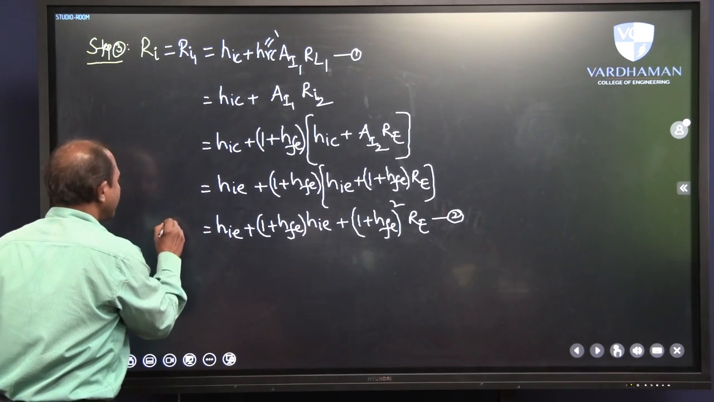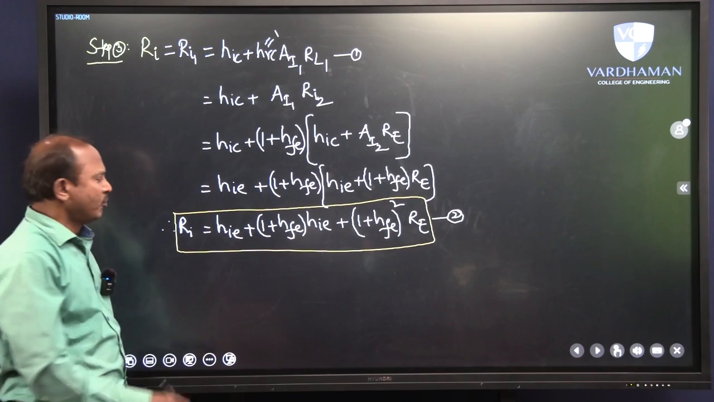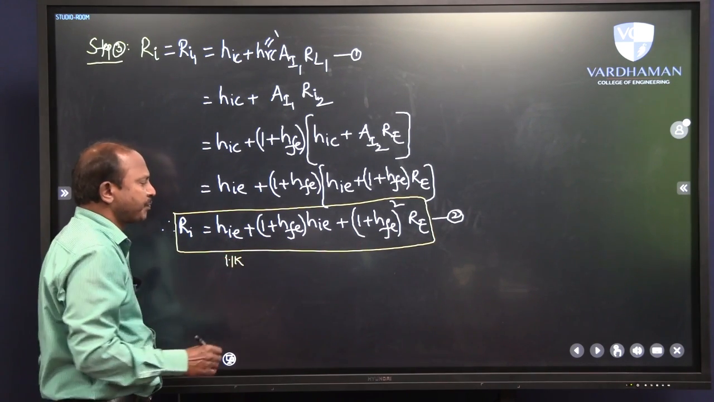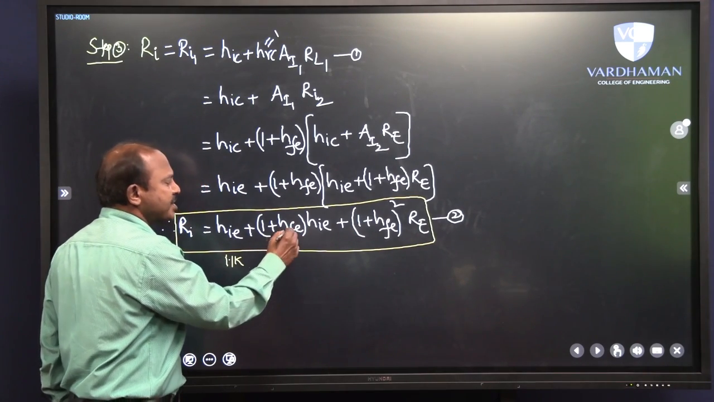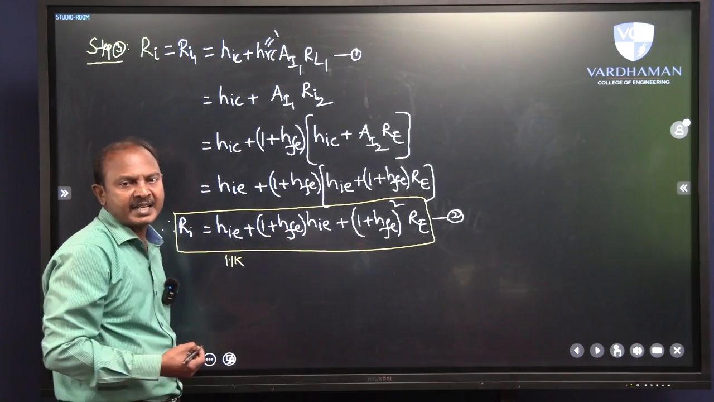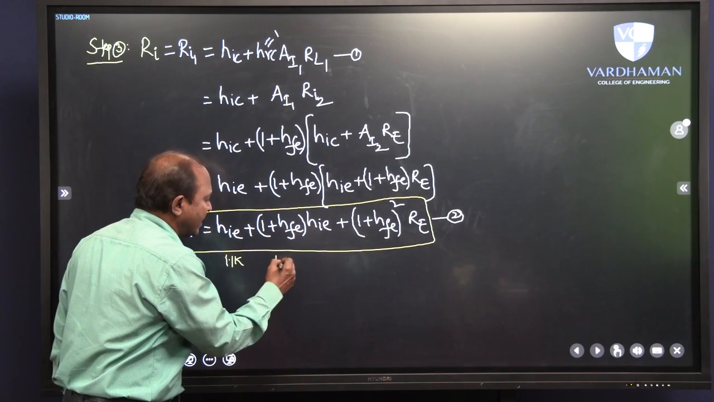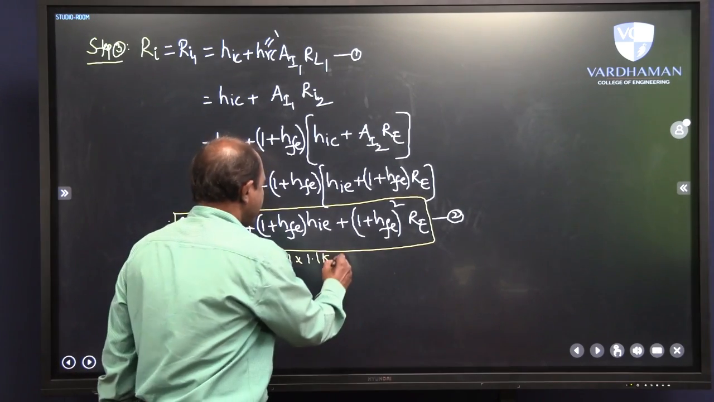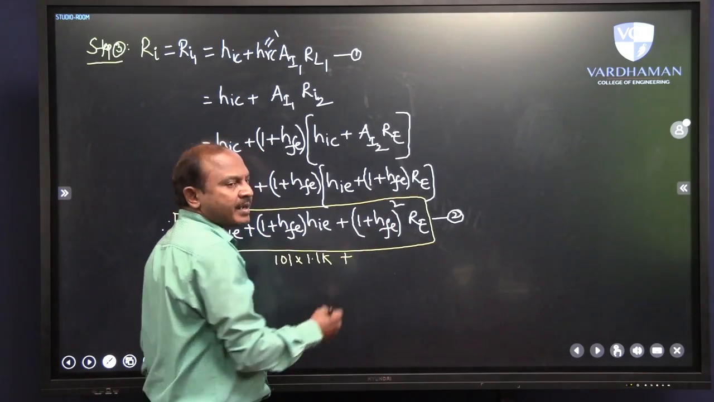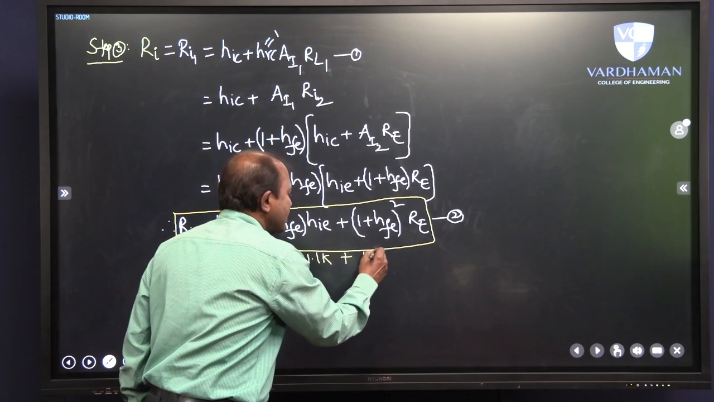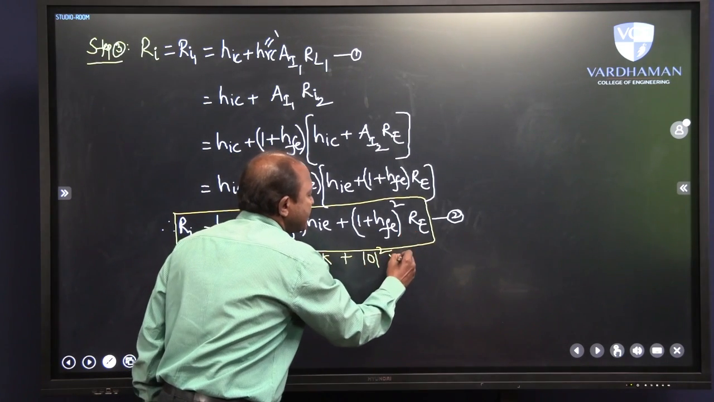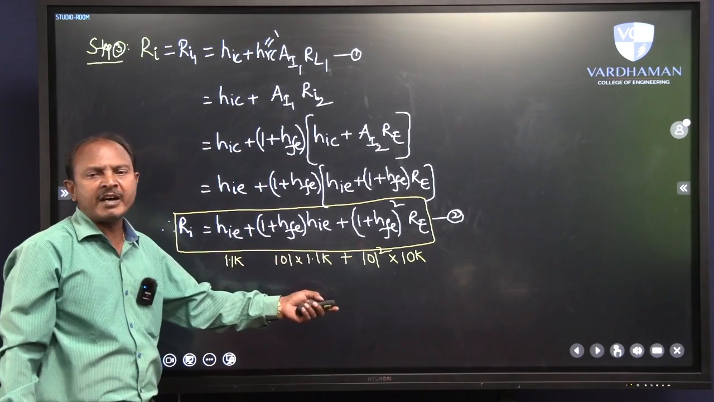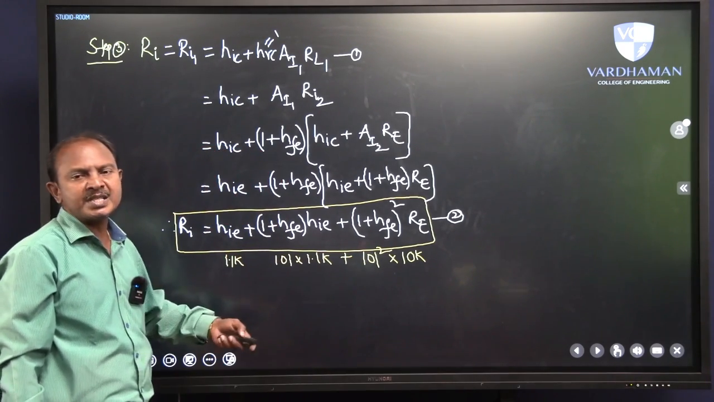If you carefully observe this formula for overall input resistance, we know the typical value of HIE is around 1100 ohms, means 1.1 kilo ohm. 1 plus HFE, for example, if you take HFE value as 100, 1 plus HFE is 101 into 1.1 kilo ohm plus (1 plus HFE) square means 101 square into RE, just roughly if you take it as 10 kilo ohms. Just imagine with these approximate values which I have selected, the overall input resistance is more than 1 mega